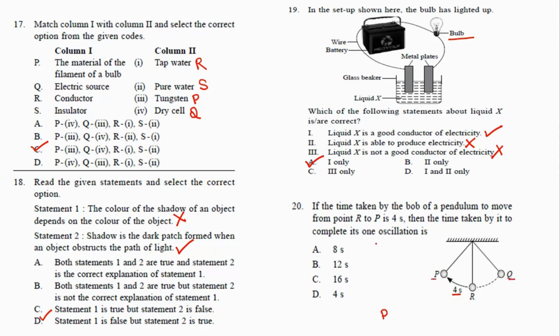So the complete one oscillation we can take as PR plus RQ plus QR, then RP, right? So if it is taking 4 seconds here, so you see 4 seconds plus 4 seconds plus 4 seconds plus 4 seconds, it is coming to 16 seconds, right? So a complete one oscillation will take 16 seconds, right? Okay,